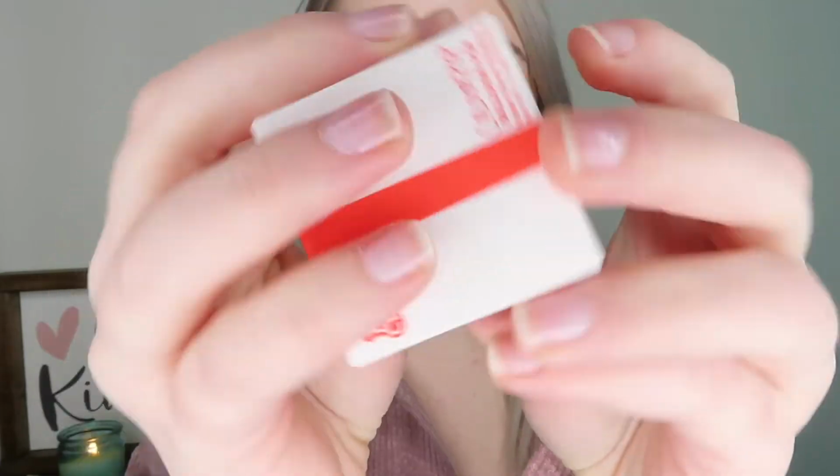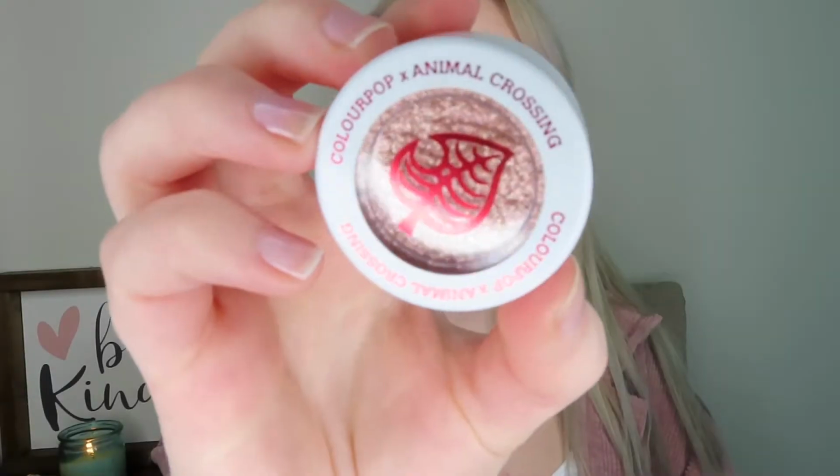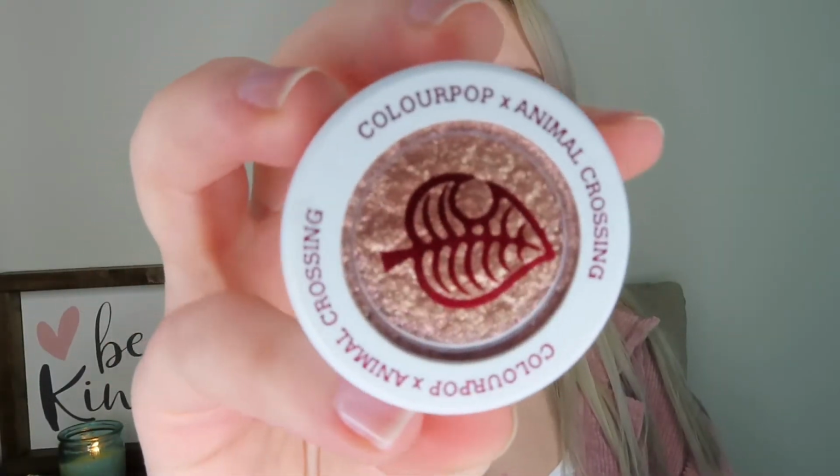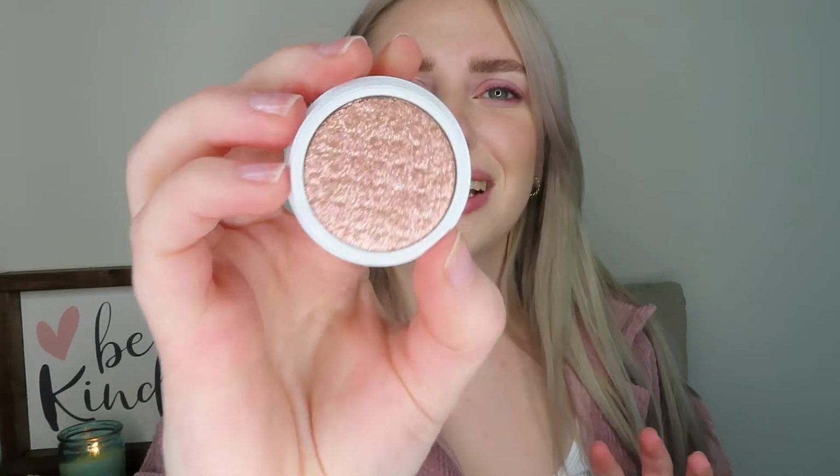The next item is the Super Shock Shadow in the shade Balloon Pop, which I think is so cute. The packaging is really cute on everything. I'm definitely going to keep this box. Normally I don't keep the boxes for the Super Shock Shadows, but I'm going to keep this one. And this is just what the packaging looks like. It has that little Animal Crossing leaf, and then it says ColourPop X Animal Crossing. And this is a really pretty color. Actually, it's kind of like, I don't know. It's like a,